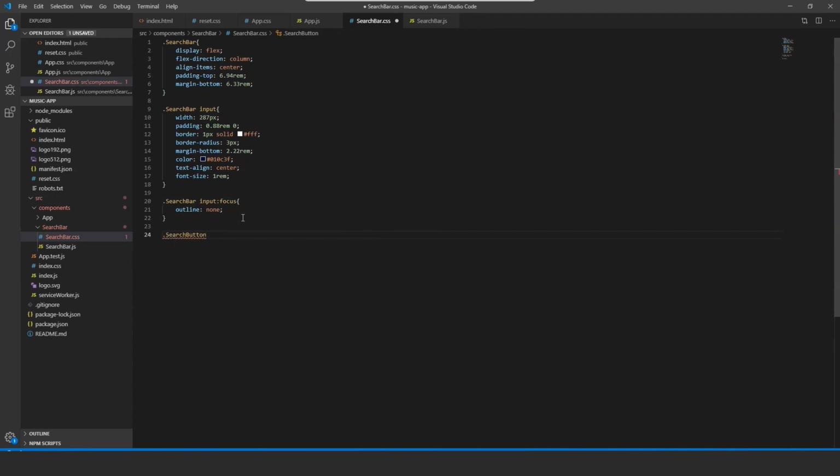So on the search button, the cursor, we'll set it to pointer, so that's the cursor pointer. The width, we set it to 8.11 rem. The padding, we are going to set to 0.77 rem and 0. The border radius, we'll set it to 54 pixels, so we get a slightly well-defined search button with a nice little border. Let's also add background color,